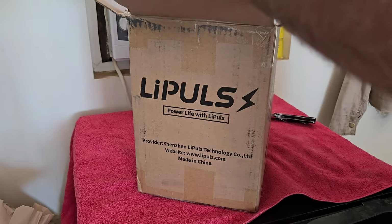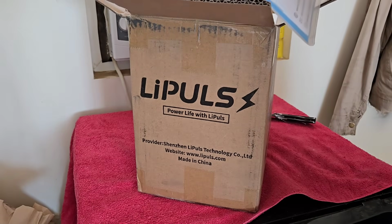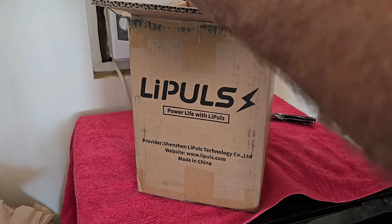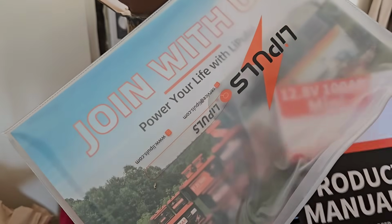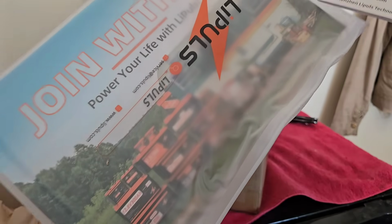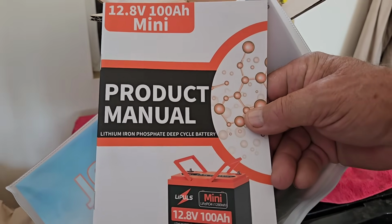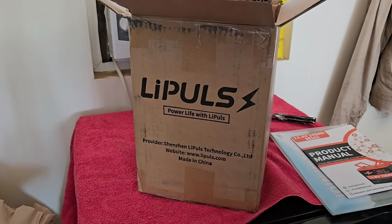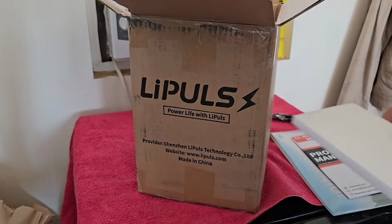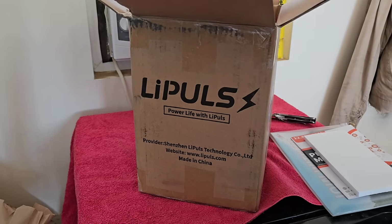So inside here we have the nice little zipper pack with the quick start guide and the product manual. Okay. So this is what's inside of here. Join with us, power your life with LiPULS, sorry. And then we've got a product manual here, and we'll be going through that in a little while. And they had a small piece of styrofoam underneath the books, just taking up this little space here because of the